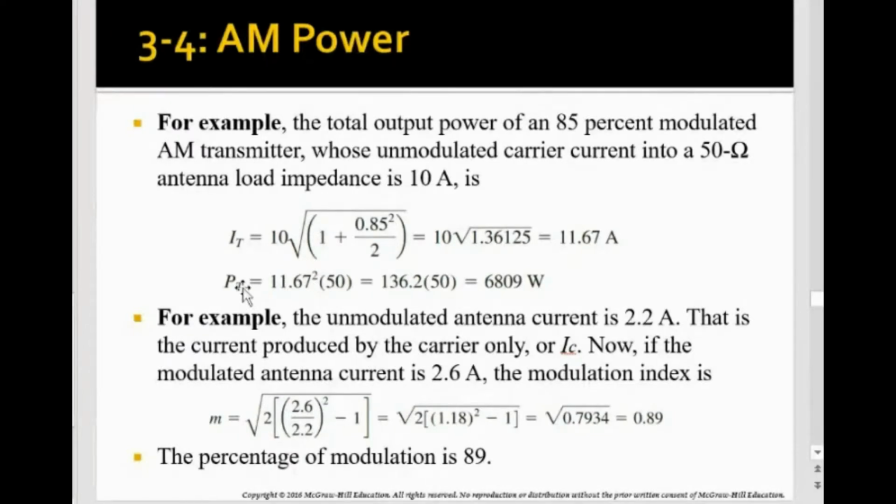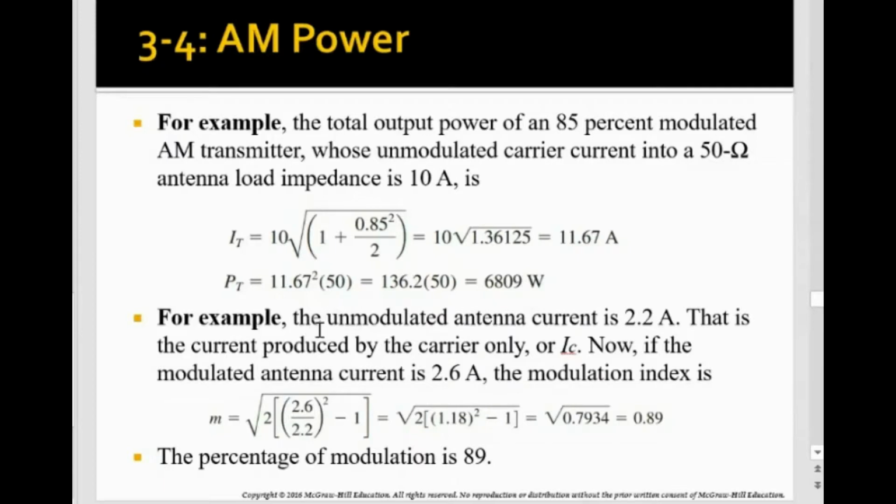Then we use this equation, the total power equals total current squared times the resistance or impedance. So 11.67 squared times 50 ohm, we get 6,809 watts of power. So, or in another example,